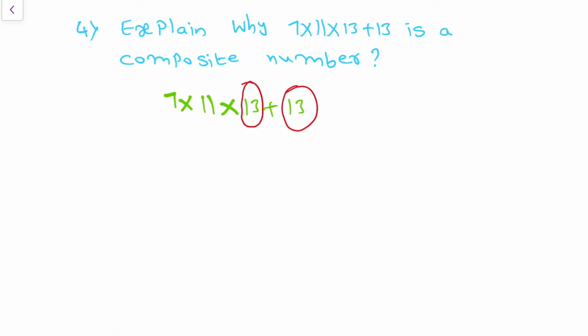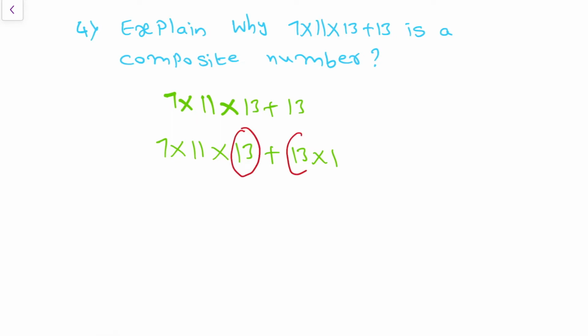So now, not to have any confusion, I will add one more step for the given question, that is 7 into 11 into 13 as it is, plus the second term is 13, right? So that 13 I am writing as 13 ones, because 13 ones are also 13 only. Now in the first term number 13 is there, in the second term also number 13 is there, so I am taking that number 13 common. Then what else is remaining? Here I took 13 common, means remaining 7 into 11. Write that as it is, 7 into 11.